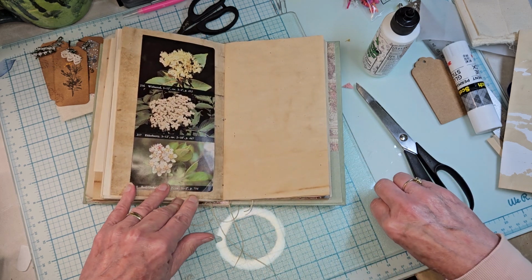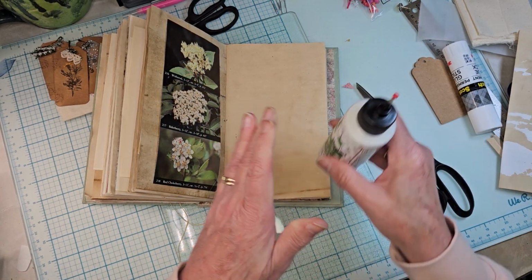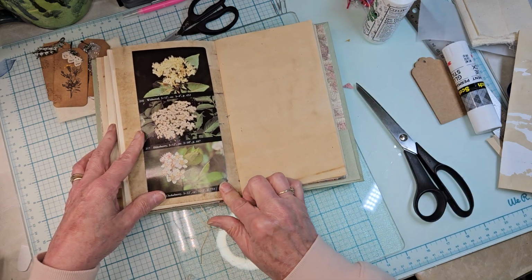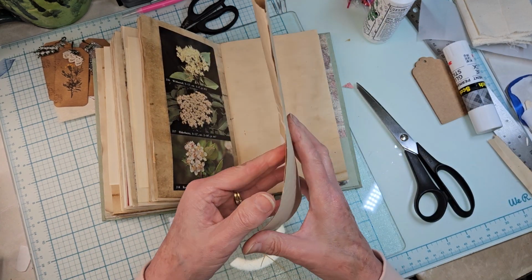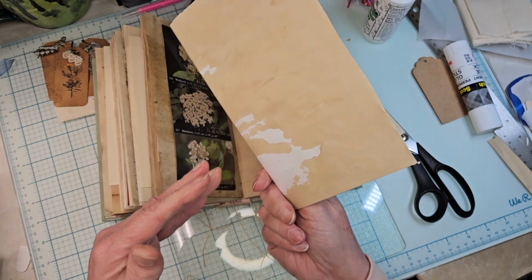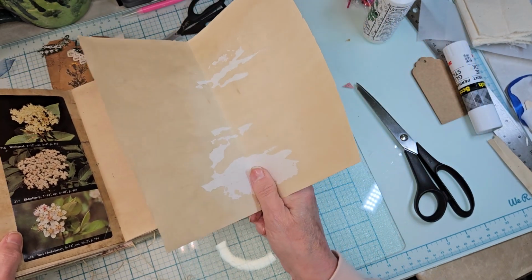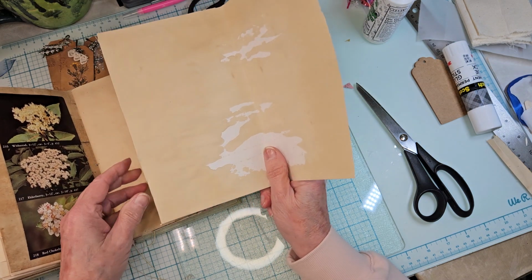Now, I flip out what I wanted to do here. I hope this works the way I want it to. I have this other piece of coffee dyed paper. And what I want to do is I want to create...